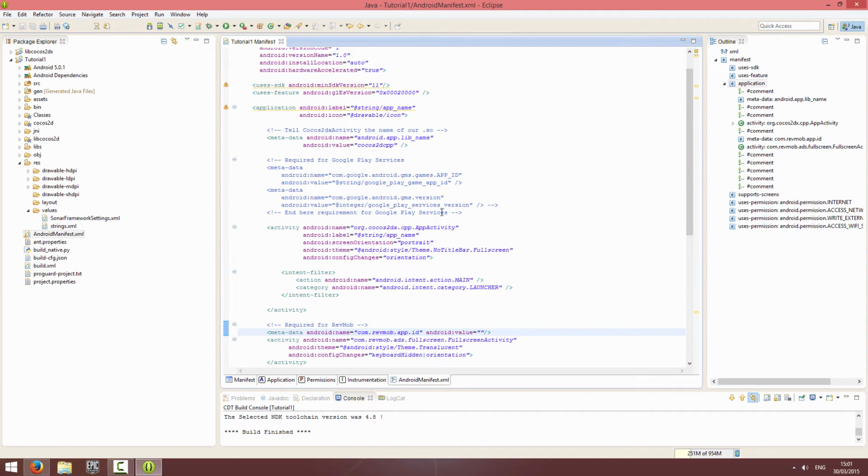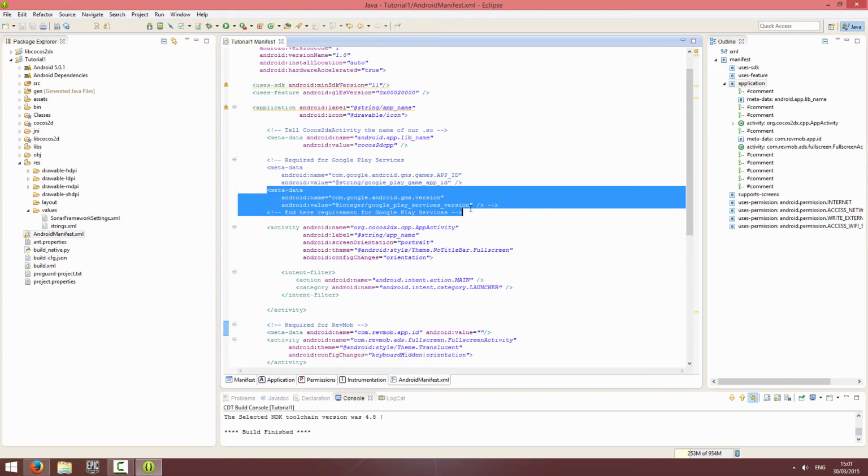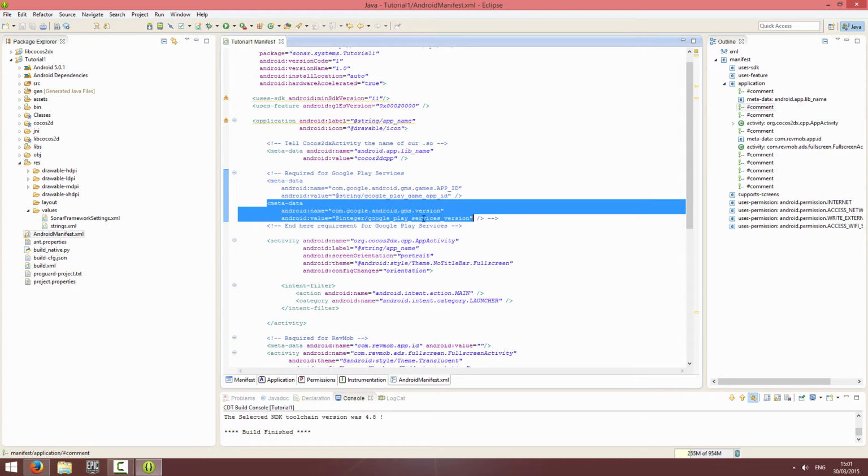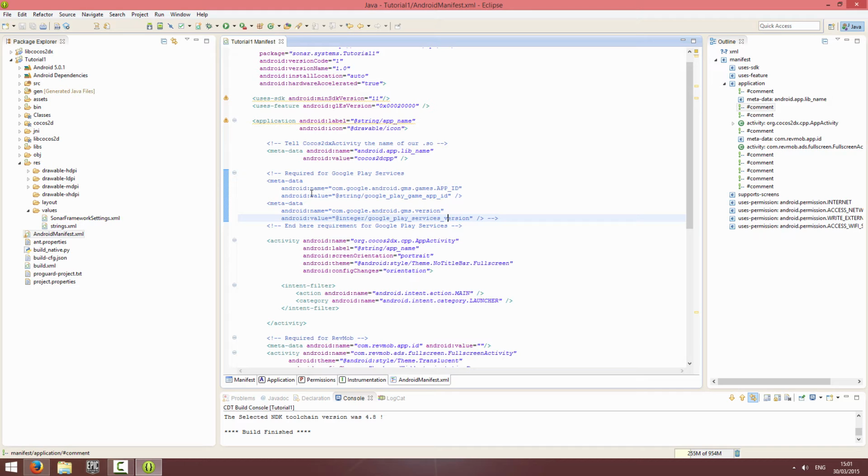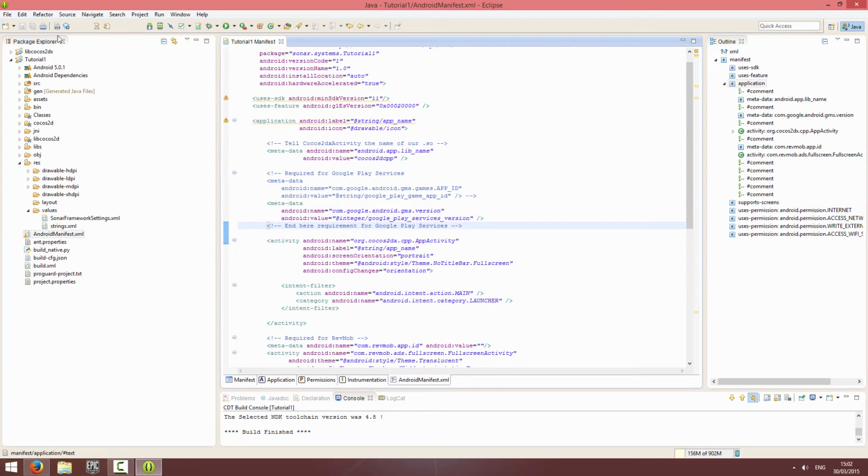And you will also need just this meta tag for the Google Play Services version. This is because RevMob uses the Google Play library, which you'll see in a moment. So if you take this end comment tag here and just put it at the end of this Google Play game app ID line, and that's fine. And the reason you don't want this metadata here is because this is for Google Play games, and this is just for Google Play Services. So we're only using Google Play Services here, so that's the reason why. So you can close the manifest now,